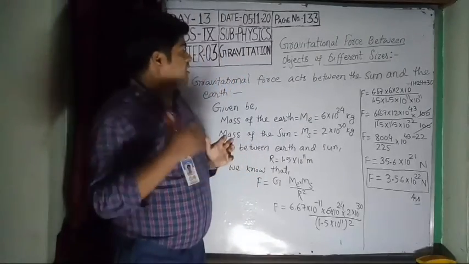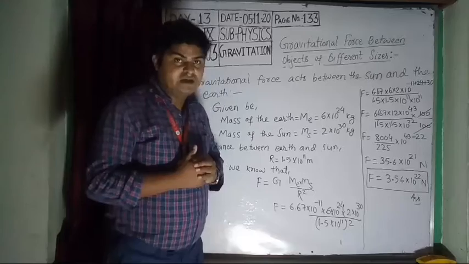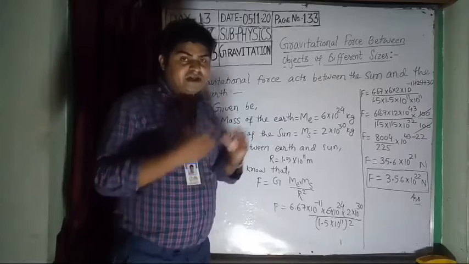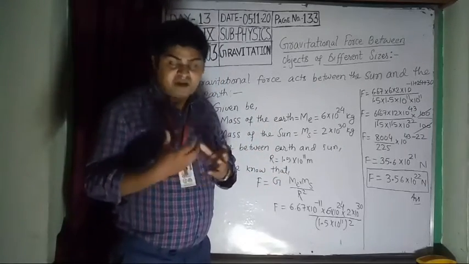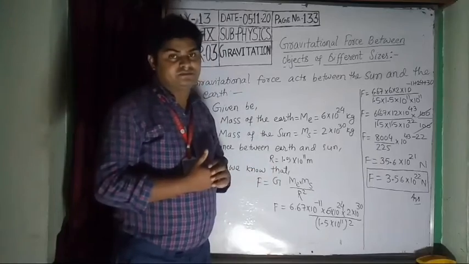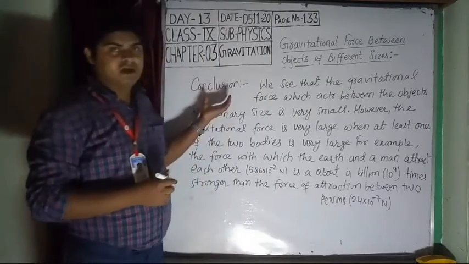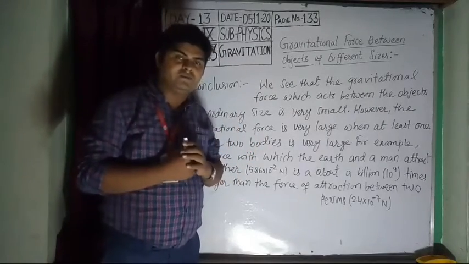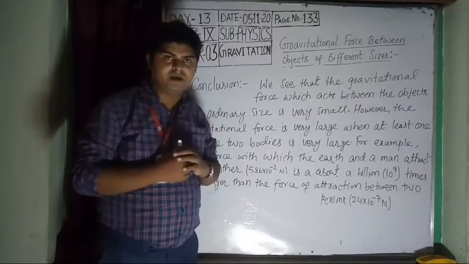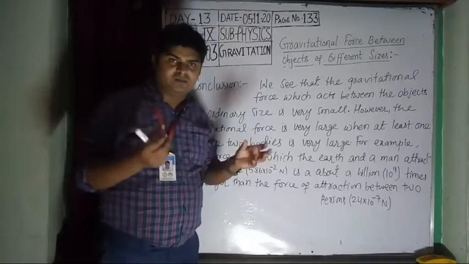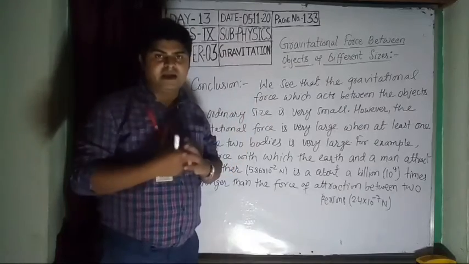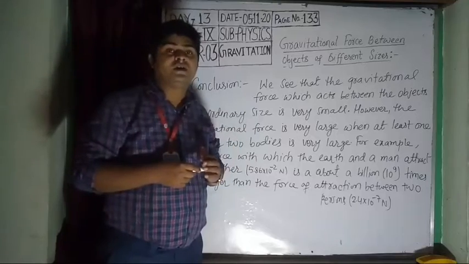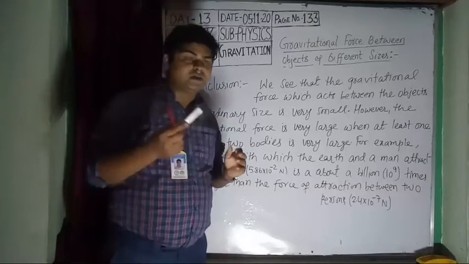Okay, students, now let us see what the conclusion is when you have found the gravitational force of different objects, a small object and a heavenly body object. Okay, so let us see the conclusion. Students, here is the conclusion, what you will conclude when you find the gravitational force acting between ordinary objects like a small object or heavenly bodies like earth, moon. We have already got the values of gravitational force. So let us see.